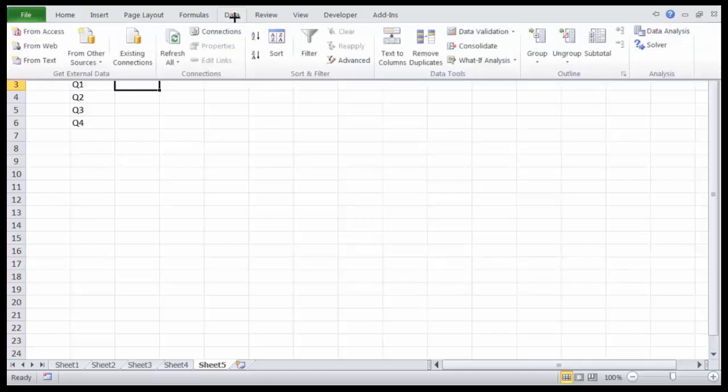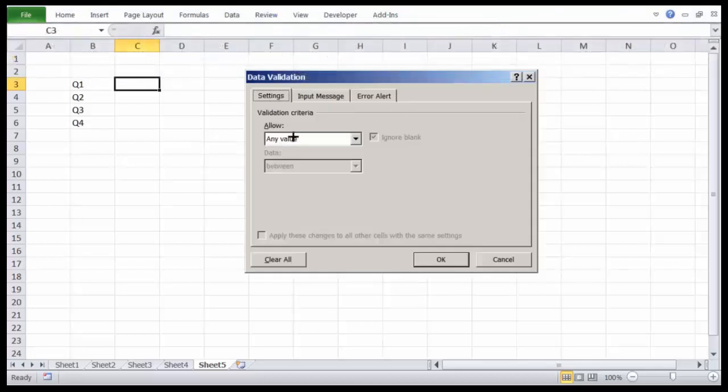We can go to data validation, and in Allow we can go to List. Now one option is to list the values here only. As an example, I can list option A, and then the next value in the list, option B. But I have to put a comma.